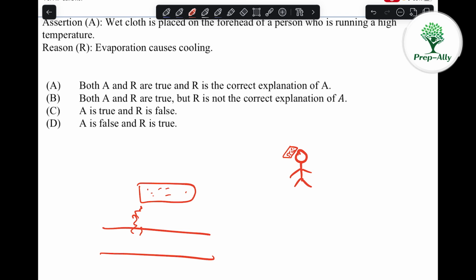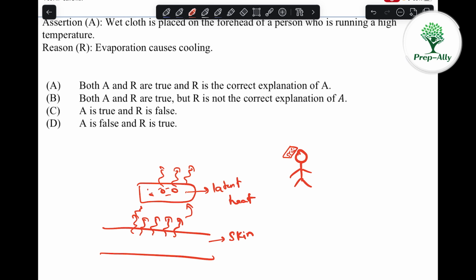So this skin is emitting a lot of heat, which means higher temperature. This water molecule will absorb that heat and evaporate. To evaporate water needs latent heat, right? So this latent heat is going to be absorbed by this wet cloth's water molecules, so that the skin temperature